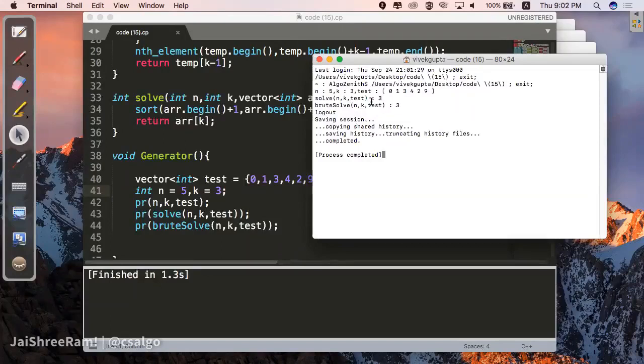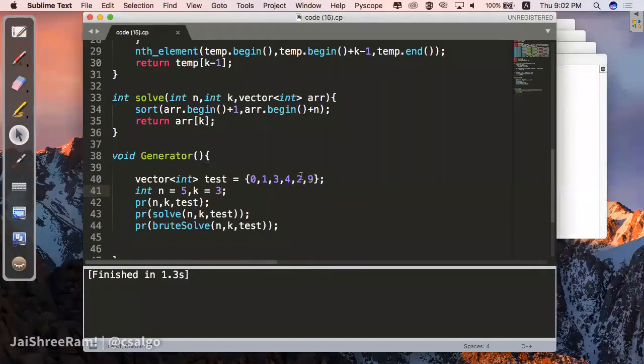Okay, so in most problems, when you are solving a problem, you might be given an n sized array and you need to do this and that. So you can create a small array of size n filled with random values. You can use rand mod, let's say small values up to 10, mod 10. So this will generate a random value for you, and with that you can test whether both of these, brute and solve, are giving the correct answer or not. And till it's not giving a correct value, till it's not terminating, just keep doing it again and again.